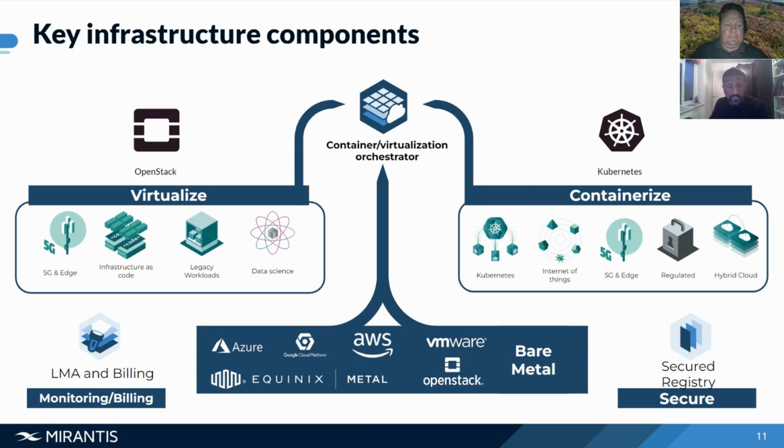We talked about the operational insights. So there's the monitoring and billing piece there. The logging, monitoring, and alerting is provided by a solution that we call Stacklight. That's built by us utilizing a load of open source technologies that we've used in the past. We capture a serious amount of metrics and logs that are able to be analyzed through various components that we provide within Stacklight. But that does give you all of that insight into utilization, health, capacity,